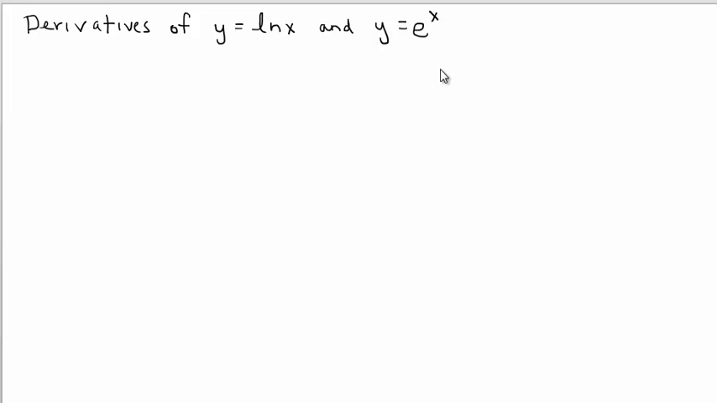So in this video, we're going to be finding derivatives of the natural log and the natural exponential function. In a previous video, we looked at a graphical representation of the derivatives of each of these functions. But now it's time to look at the analytical part of that. All right, so if we have a natural log function or a natural exponential function, neither one of these are